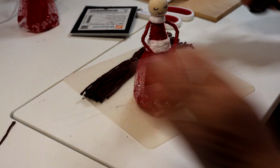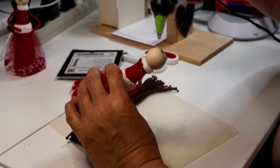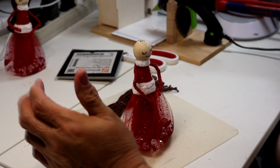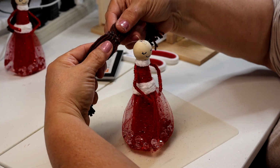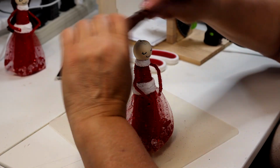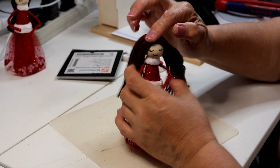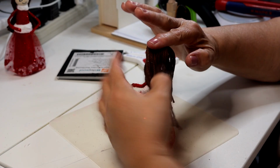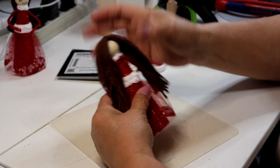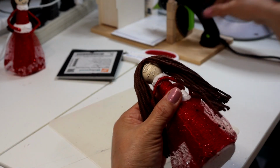Okay, and now we'll take our little angel, and at the top of her head we're going to add some glue here, go across to the back, and then we'll put this little hair piece that we've made. Make sure you get that glued down, and then that little line is going down the center. Put it where you want it to be at her forehead in the front first, and then you can just push it down. We'll turn her around, in the back of her head, add some glue like that, and then